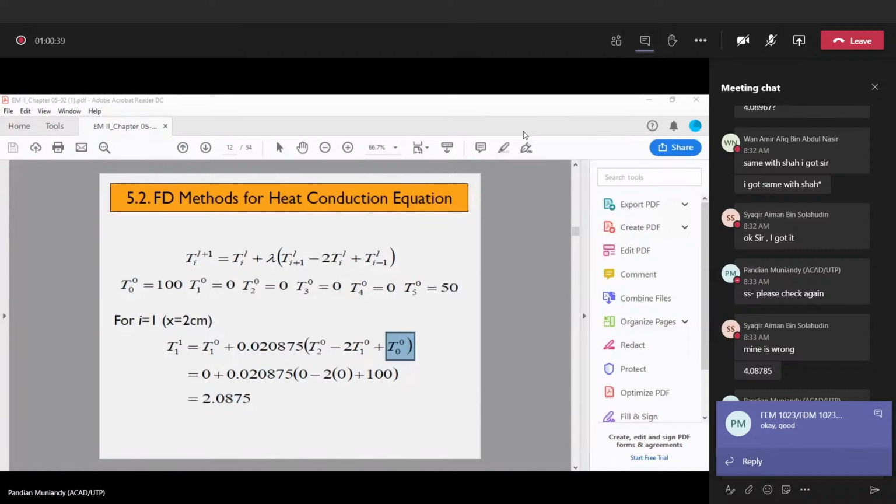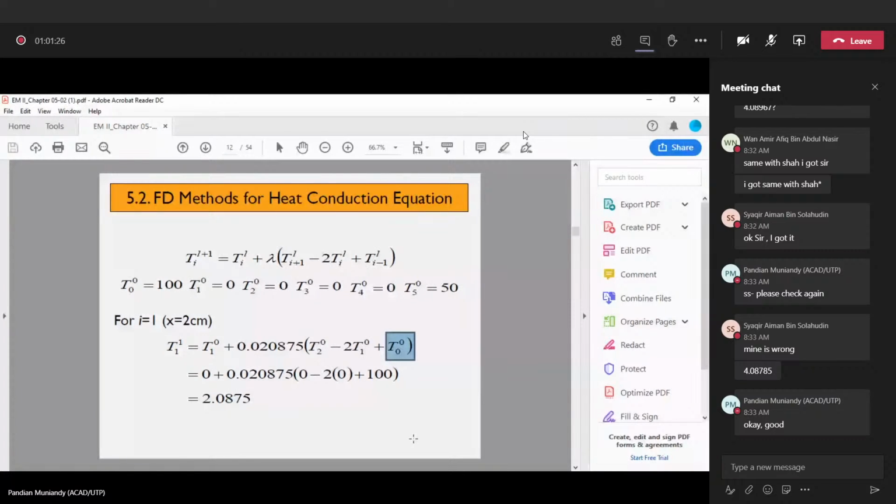So class, this one we found T superscript 2, subscript 1, at I is 1. Now you have to calculate T superscript 2, subscript 2, for example. I is 2 now, which means at x 4 cm. Just now x was at 2 cm. So the subscript is very important. T superscript 2, subscript 2 is equal to